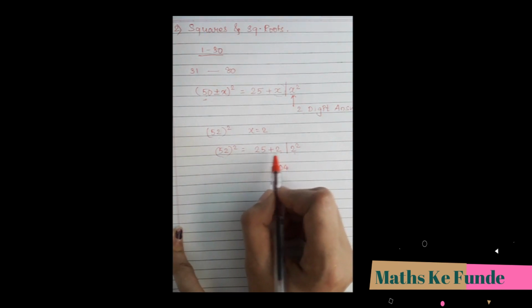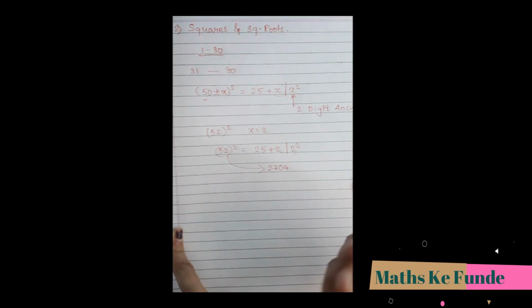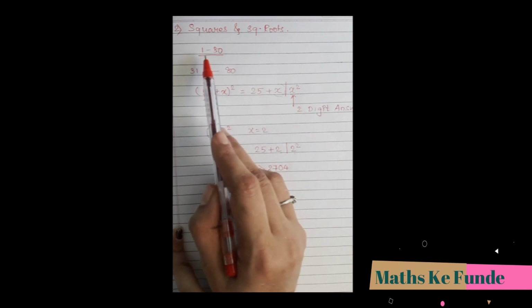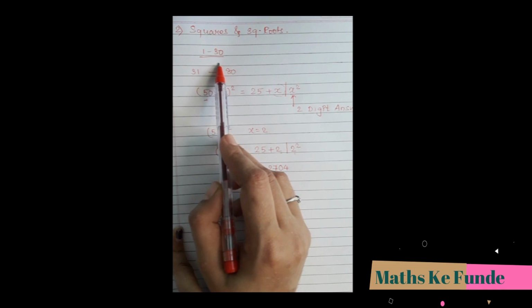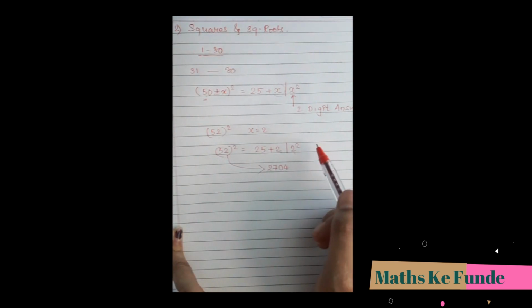These are going to be the last two digits of my 52 square. The next step is to add 25 plus 2, that is 27. So that is the square of 52. Isn't this easier compared to the multiplication technique? Obviously, yes. That's why I'm saying you need to memorize squares from 1 to 30. It's very easy. Daily you can start with memorizing 2. I assume you know at least squares till 15, so it's just another 15 numbers. On a basis of 2 per day, I can say a week's work. I think that's pretty easy.